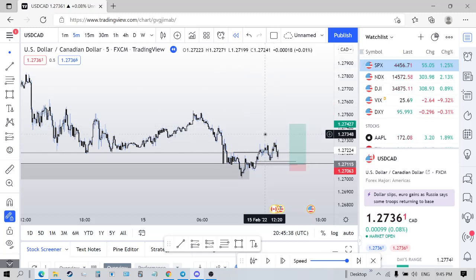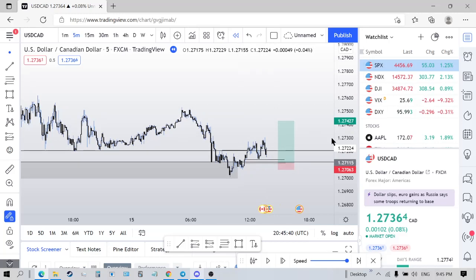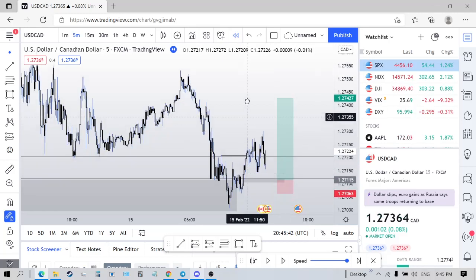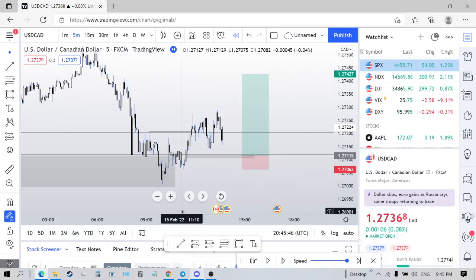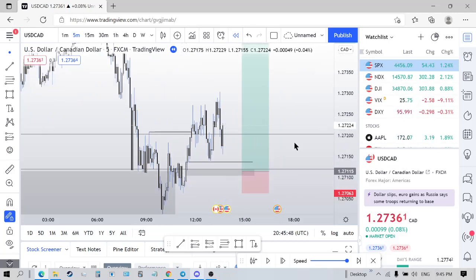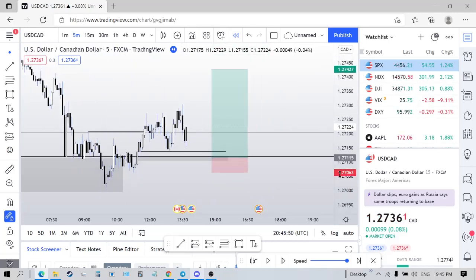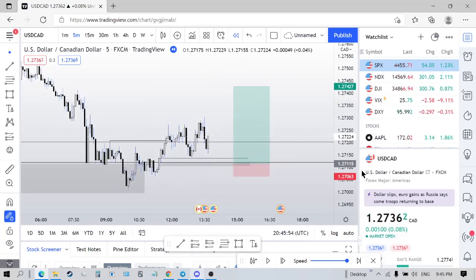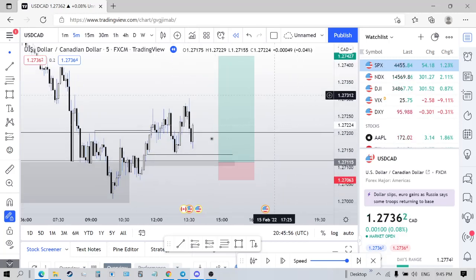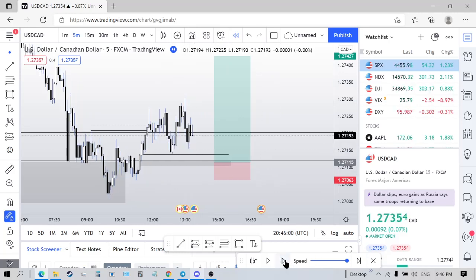I usually like to go for 1 to 2s, but whenever I get a really solid, refined entry, I don't really go for 1 to 2s. I aim for a little bit more, maybe a 1 to 4, 1 to 5. All right, so now you have more liquidity built up here. Even better, right?